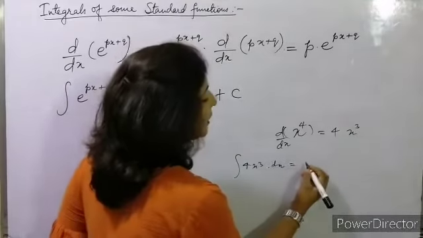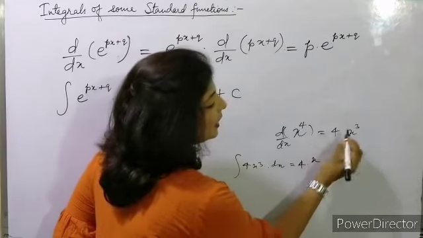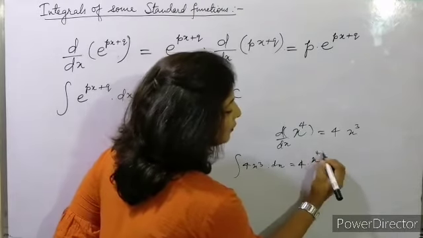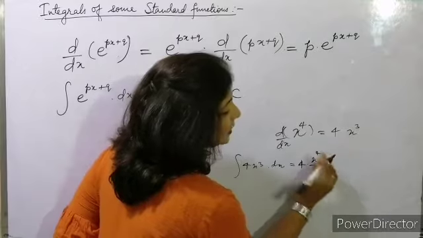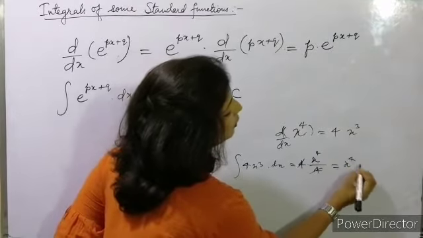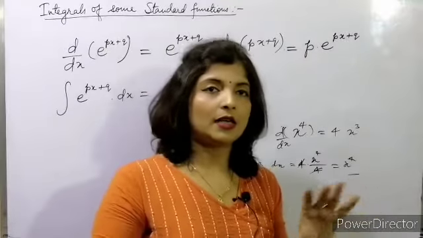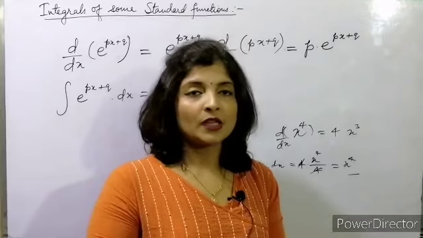So first of all we add to the power, and 4 will be kept constant. We add first, so it will be 4, and then we divide by the current power, that is 4. So we got x to the power 4. So this is the way we have to do it. Always keep in mind that we have to do the inverse operation.